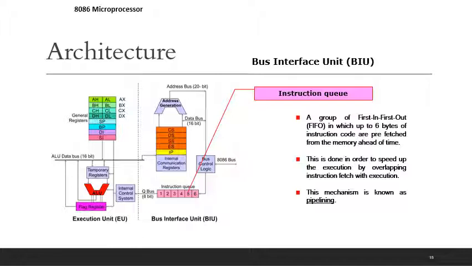With its 16-bit data bus, the bus interface unit fetches 2 instruction bytes in a single memory cycle. After a byte is loaded at the input end of the queue, it automatically shifts up through the first in first out queue to the empty location nearest the output. The execution unit accesses the queue from the output end. It reads one instruction byte after the other from the output of the queue. The intervals of no bus activity, which may occur between bus cycles, are known as idle states.